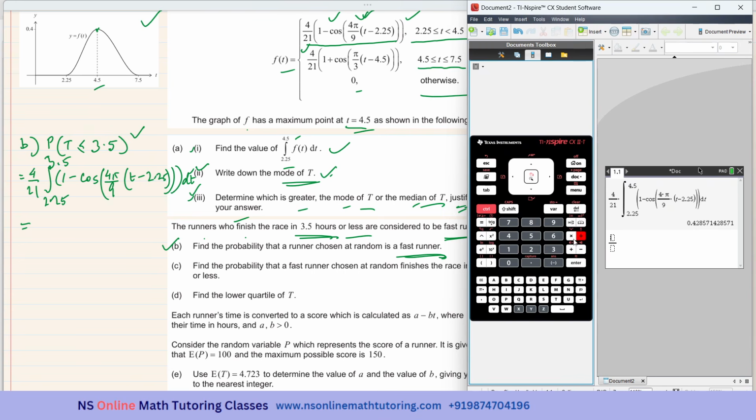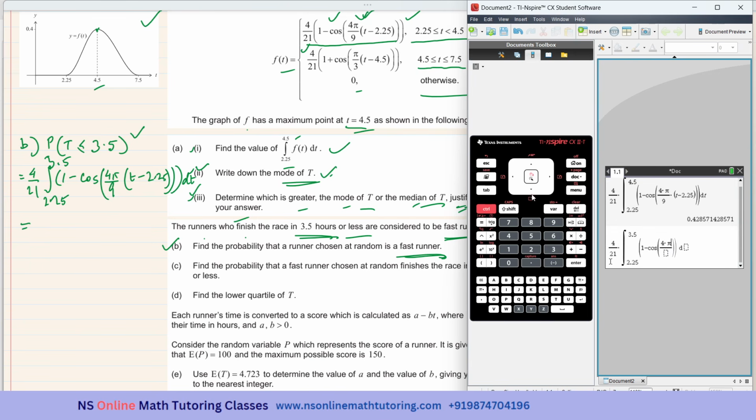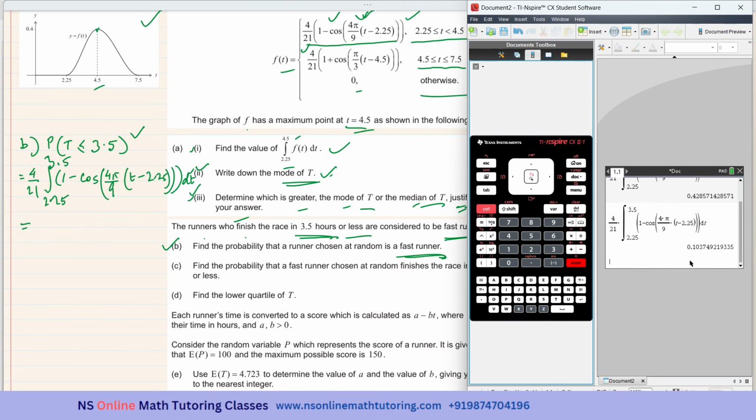Okay, so 4 over 21 again times integral of 2.25 is the lower limit, upper limit is 3.5, and the integrand 1 minus cos of 4 pi over 9 times t minus 2.25, and this is dt. Okay, it is